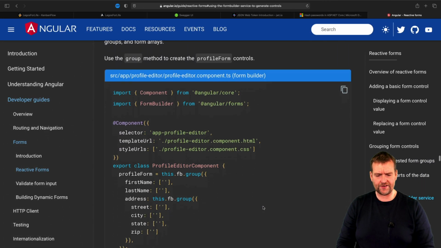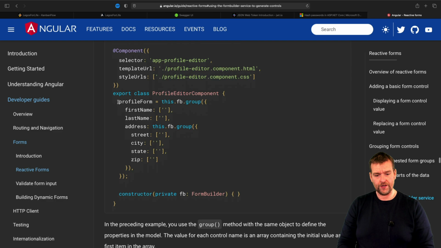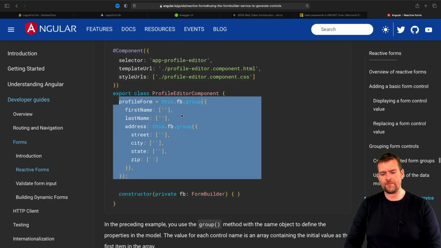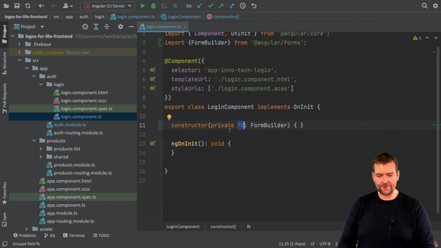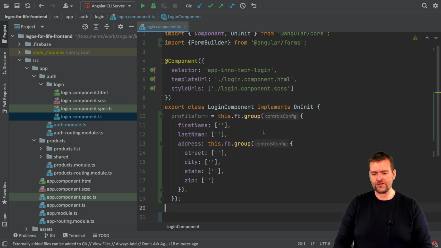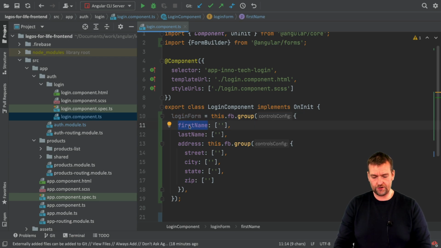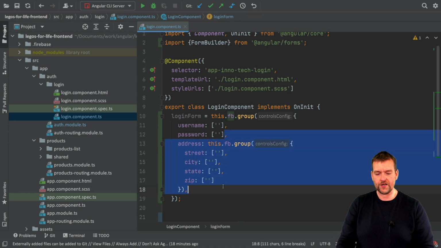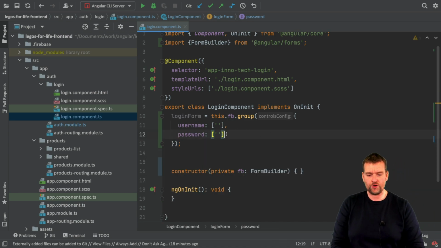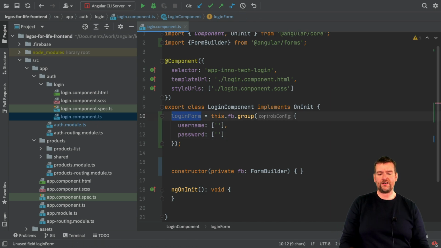Well, let's have a look if they have some examples. They always do. I can just use this right here to start building my form, and let's just try and add that inside our login component. I'll just paste everything in there. So I want to build a login form like this, and I want my login form to only have a username and a password for now. I only want those two things, and then there are ways to kind of build subforms. I don't want to use that right now. So here we go. Now we have a login form that contains two pieces of information, a username and a